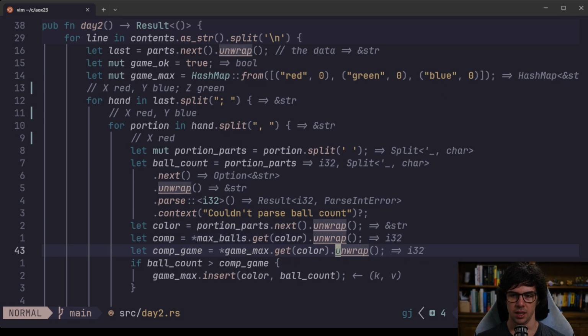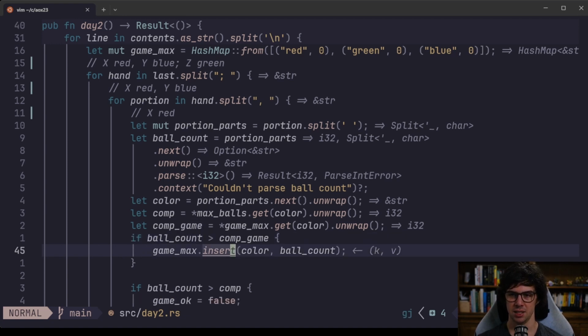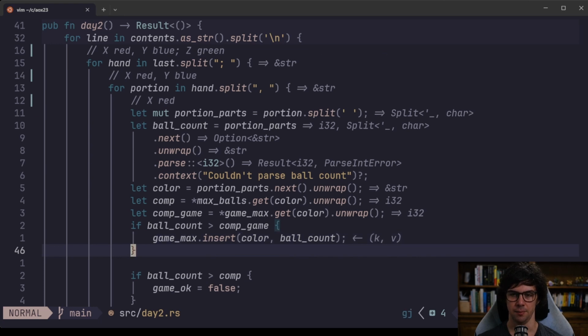we get to a point here where we say, look, based on the color that we're up to, so again here, X red, we say, all right, based on the game thus far, or the number of hands that we've been through thus far, what's the maximum value that we've seen for the color red? And if the current number of balls, so in this case X, was greater than the maximum we'd seen so far, so let's say it's the first one through and that's 0, then we replace within the hash map the current value of the ball count for that given color. Now we do that across the entire